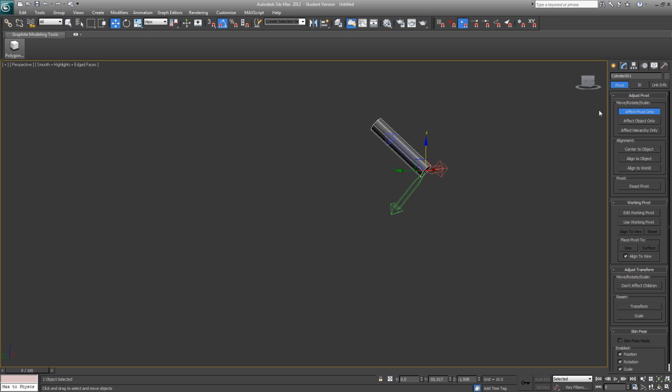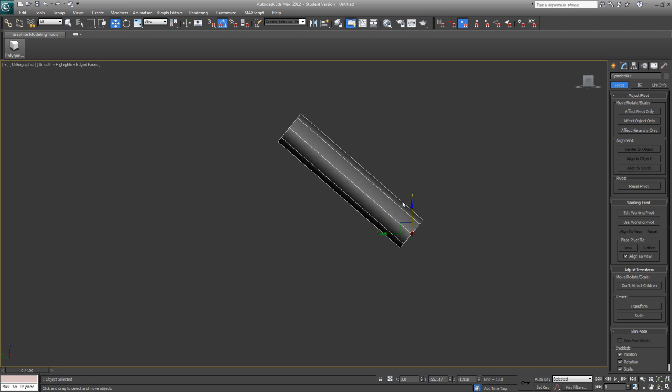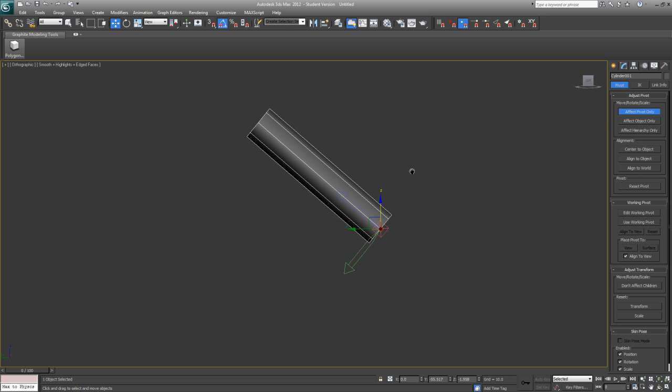Okay, so man, none of that Quick Align stuff's going to work for my pivot on this. So what we want to do is go to left and hit U on the keyboard, get an orthographic view. I'm going to select Effect Pivot Only. And you can see that my pivot is aligned. It'd be great if I could just slide that up, but my gizmo here, I'd have to do this in a really